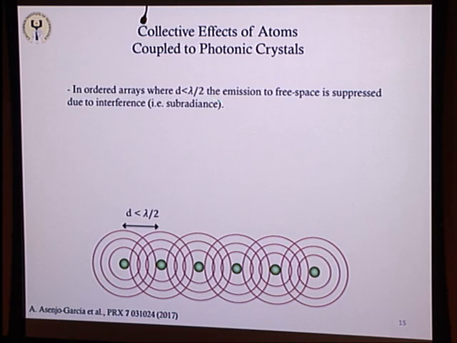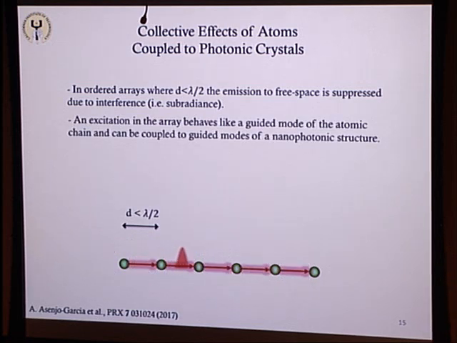In these ordered arrays where the distance between the atoms is less than lambda/2, it turns out that the emission into free space is suppressed due to interference. So with all of these atoms lining up, if they're less than lambda/2, their emission into free space will be essentially cut off. And if you send an excitation into this system, then it really just becomes a guided